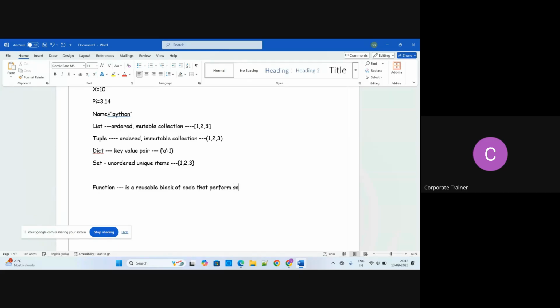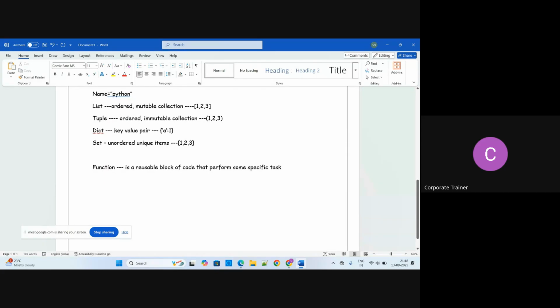Nothing hard about it. And why is it so popular? Because it is very useful: it is reusable, organized, and maintainable.